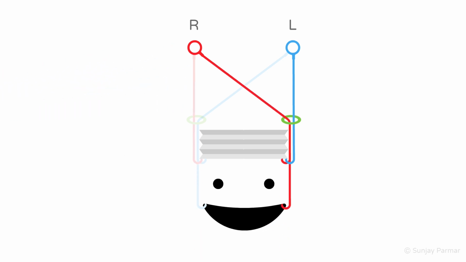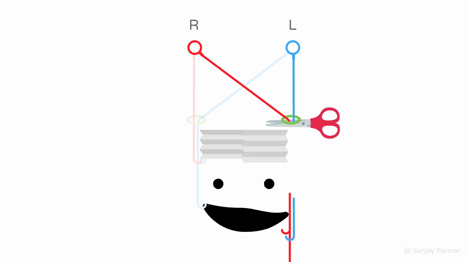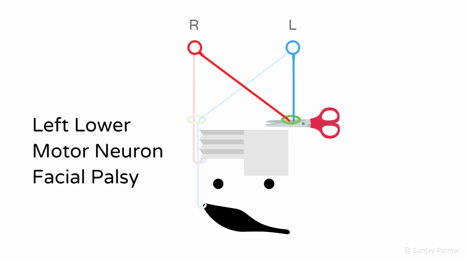Let's now look at lower motor neuron facial palsy. Common causes are otitis media, diabetes, and temporal bone fractures. If it occurs idiopathically, it is known as Bell's palsy. If the left facial motor nucleus or the left facial nerve is damaged, all the left facial muscles are affected. This means that even though the left or right motor cortex are working fine, they cannot influence the left upper and lower facial movements. There is no problem with the right-sided facial muscles as their connections are still intact.